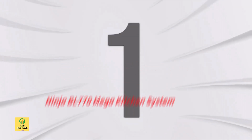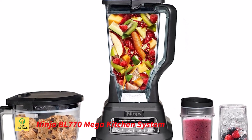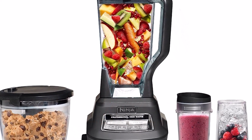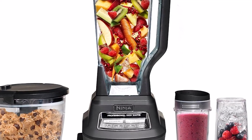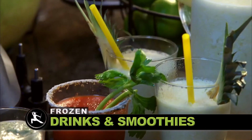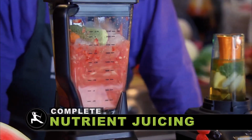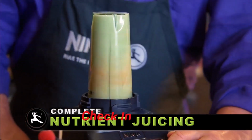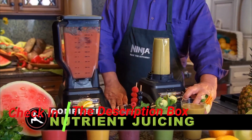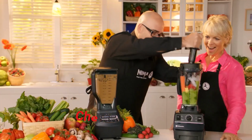Number 1. Ninja BL770 Mega Kitchen System. The Ninja BL770 Mega Kitchen System is a versatile and powerful addition to any kitchen. With its 1500-watt motor and 72-ounce total crushing pitcher, this blender effortlessly pulverizes ice into snow for creamy frozen drinks and smoothies. The 8-cup food processor bowl ensures perfect, even chopping, and can make up to 2 pounds of dough